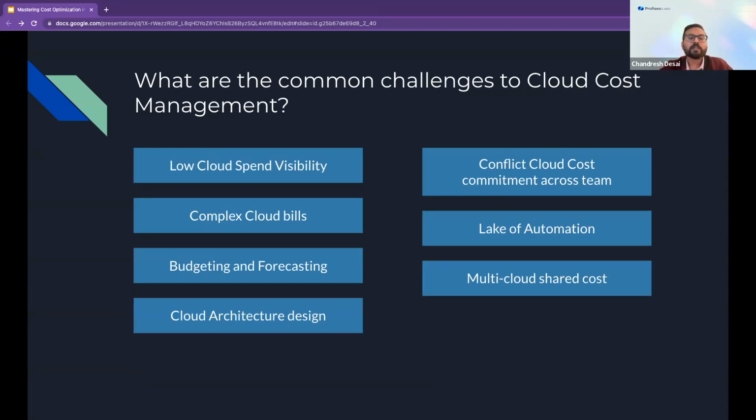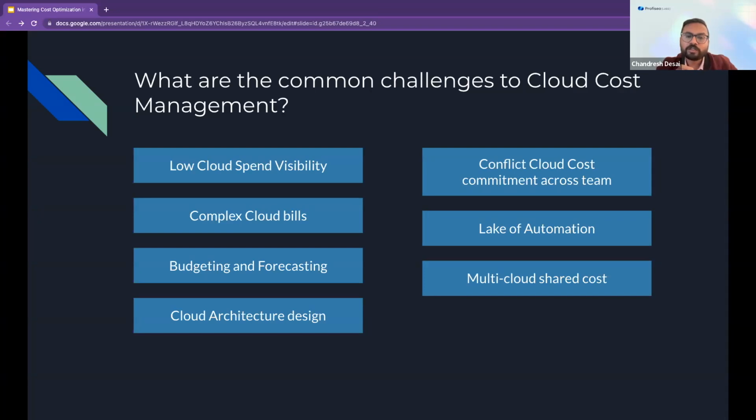Another challenge is the lack of automation. If a company uses cloud resources and does not align with infrastructure as code, then it will be big trouble when you assign allocation tags by department or by team. Because if you use manually created resources compared to infrastructure as code, then it will be hard to divide the bill according to the billing as well as tag allocation.